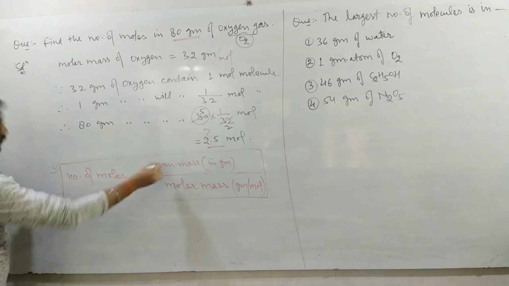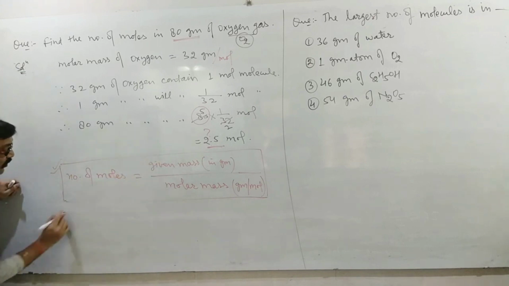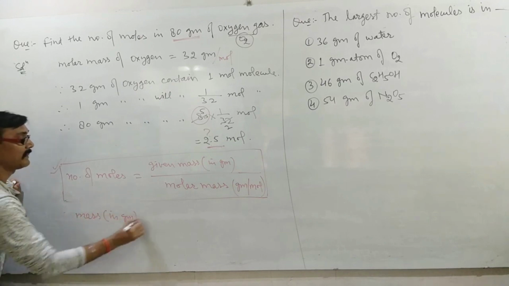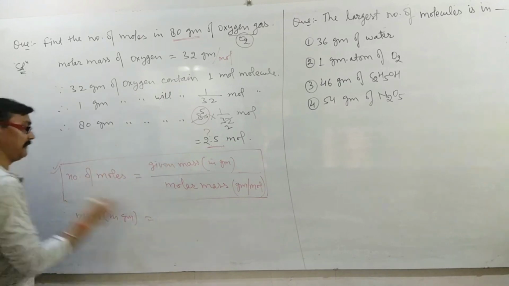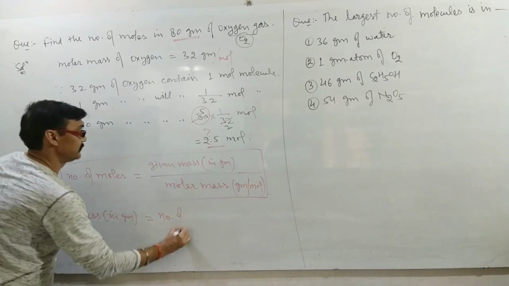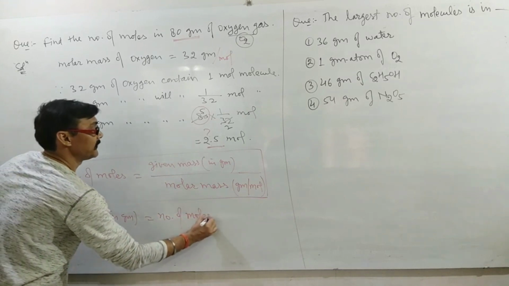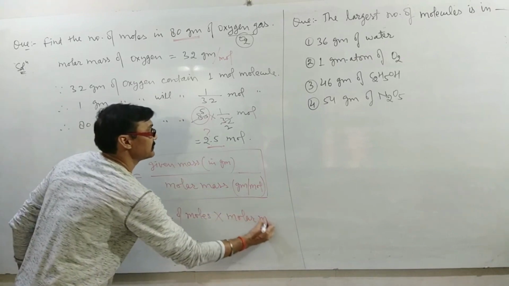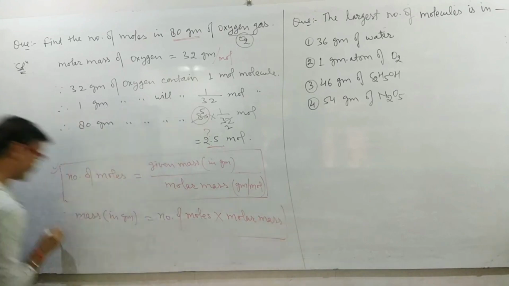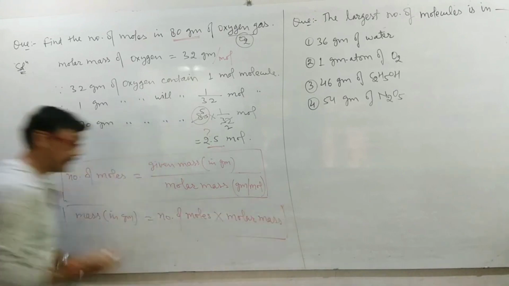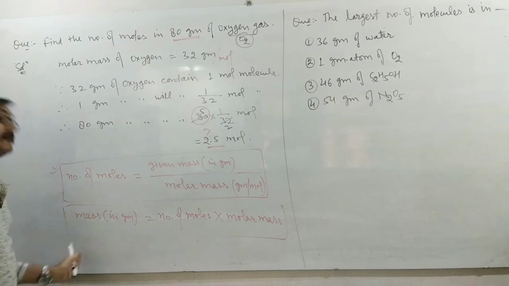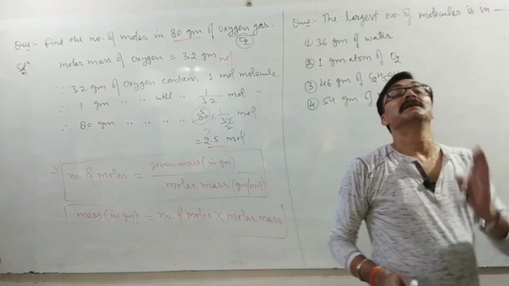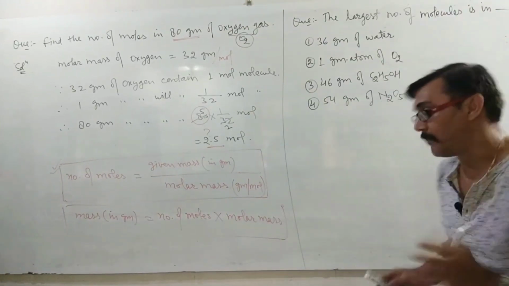Or if you want to find mass of substance in gram, then you should multiply number of moles by molar mass of that substance. By these formulas, you can convert mass into moles and moles into mass. That is why mole can be used to represent mass, not only